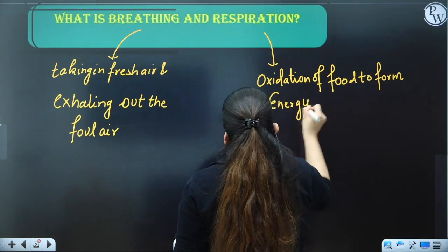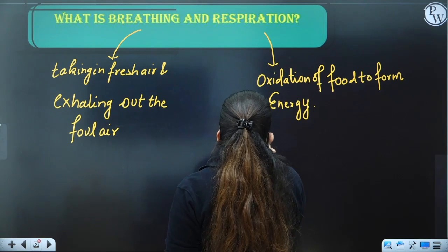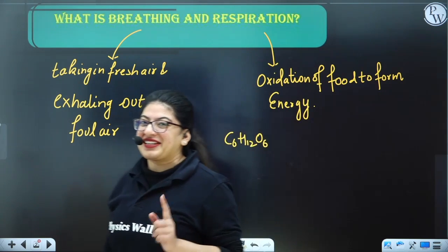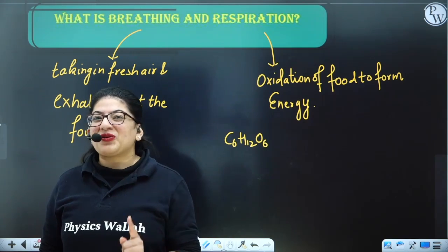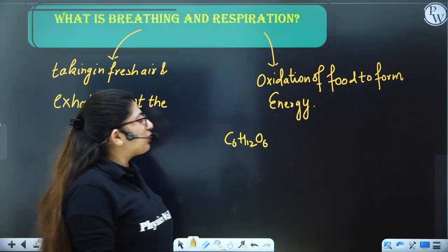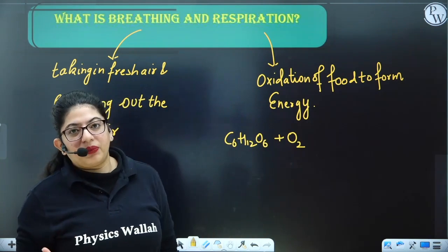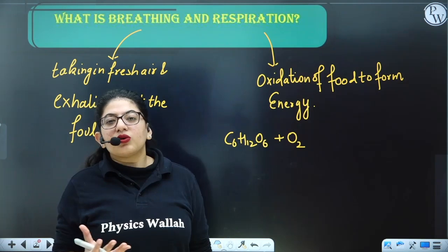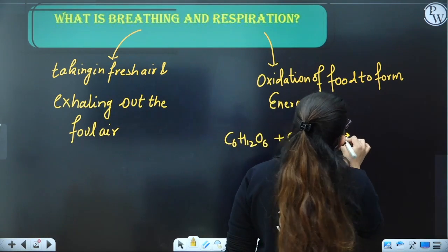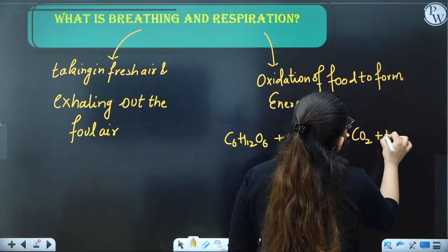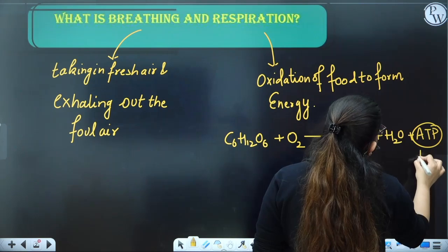Just a simple step. The opposite of photosynthesis. So what happens is, you have C6H12O6. Now you better know what is C6H12O6. I have taught you the biomolecules, so you must be knowing. This is glucose. Whenever there is oxygen, the glucose gets burnt up, right? So when you burn the glucose in the presence of oxygen, aerobic respiration takes place, and what is produced? CO2 and water with a lot of ATP, right? That's your energy currency.